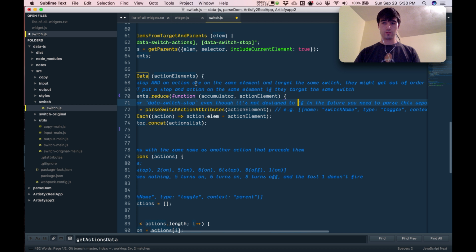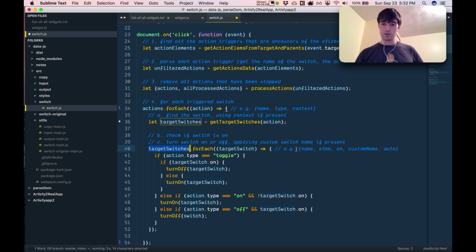Okay, so here is a possible problem, because right now that would return the elements, and what I want is for the target switch to be an object. Okay. So, let switch elements equal that. And then down here,